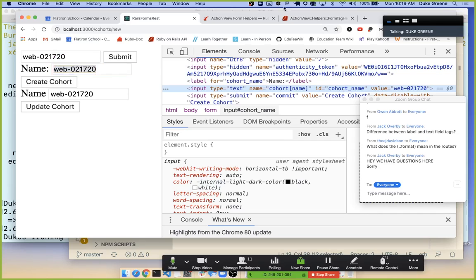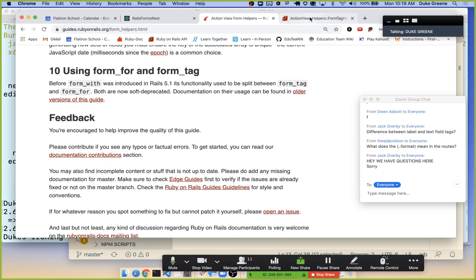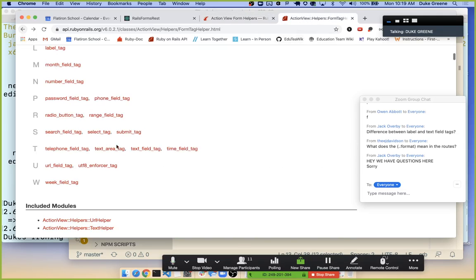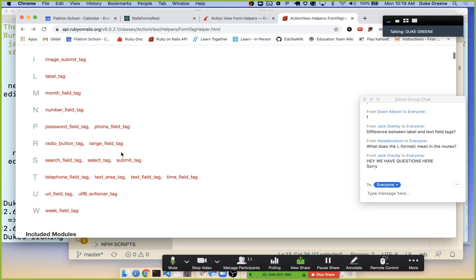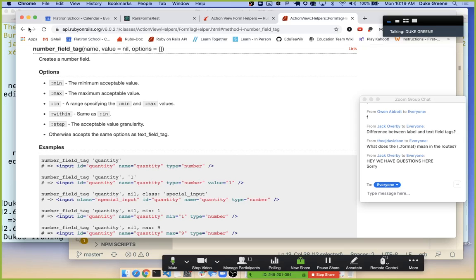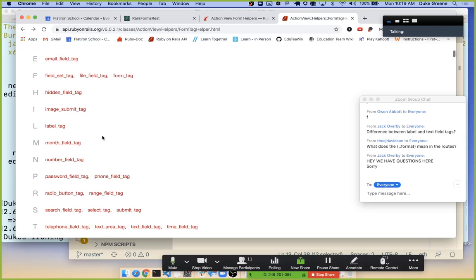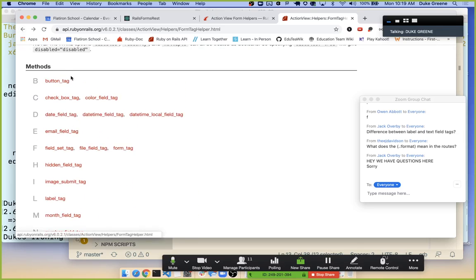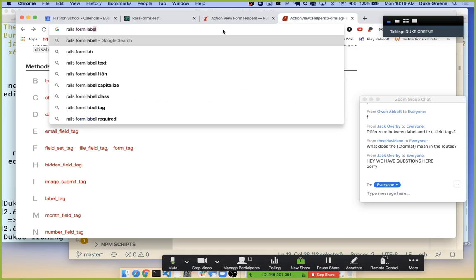So yeah, we have various kinds of tags, right? We have a text field tag, we have a submit tag, we have a label tag. There's also a number field tag, right? If you wanted a user to enter in like an age as a number with those little up and down arrows, we could say number field. There's month fields, there's even a date field tag, there's checkbox tags, button tags, and each of these has a non-tag variant. So like if I just said like Rails form label,